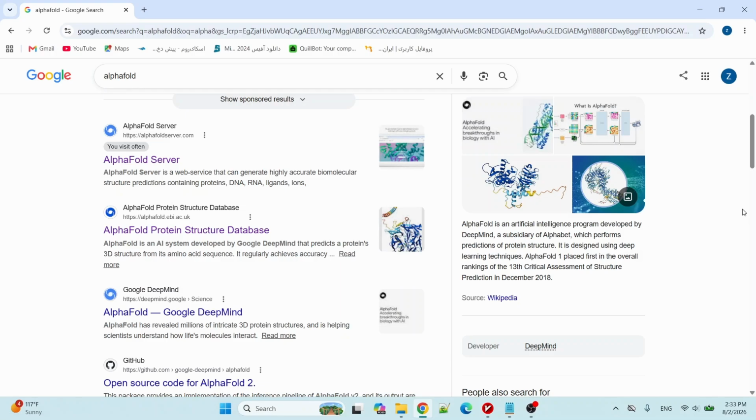AlphaFold is an AI-based method for predicting a protein's 3D structure from its amino acid sequence. Compared with traditional approaches such as homology modeling and fold recognition, AlphaFold is faster and more accurate. If you're not familiar with this approach, you can learn more about them in one of our previous videos titled